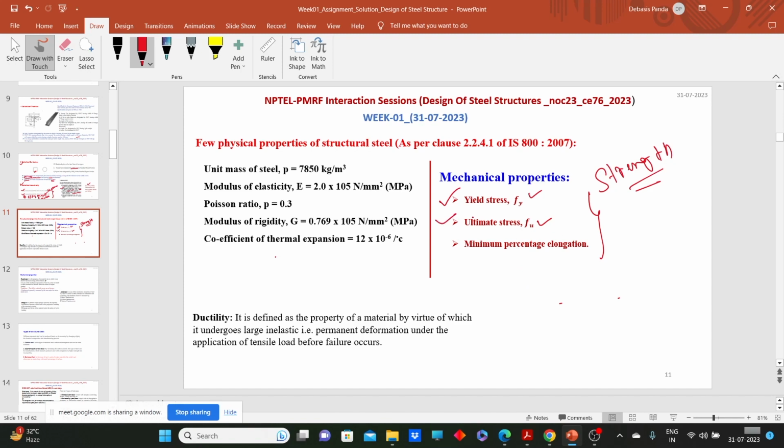Now ultimate, why does this happen? When we go through the design philosophy, then we come to know what the main points are in considering the stresses. Now secondly, ductility. We have already discussed in the first slide, when we tried to understand why we go for steel structure, that it is defined as the property of a material by virtue of which it can undergo large deformation. So ductile material किसको बोलते हैं हम लोग? Ductile material जिसका post elastic strain